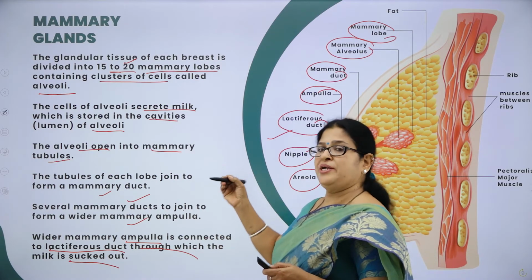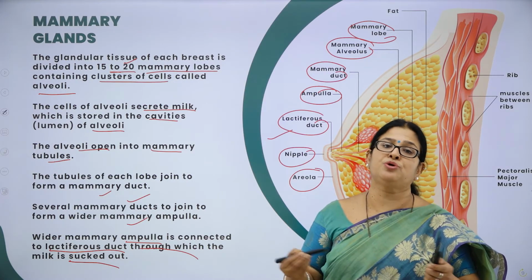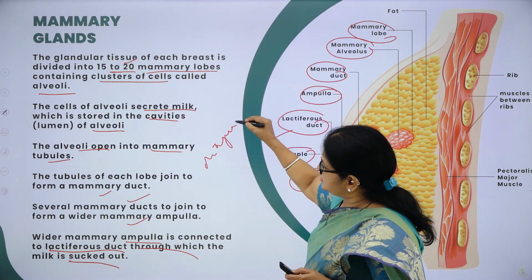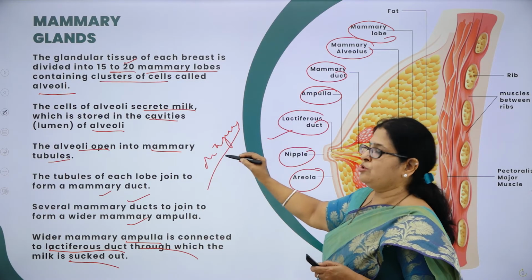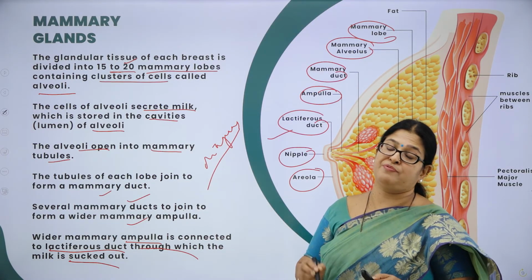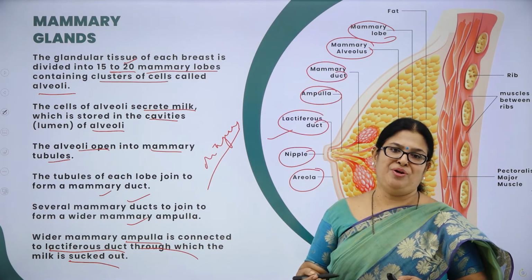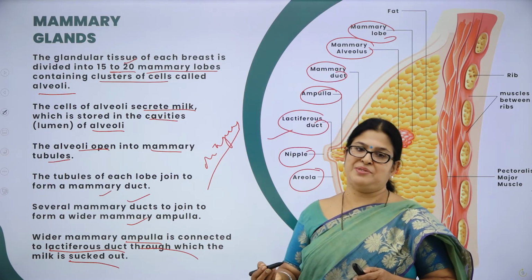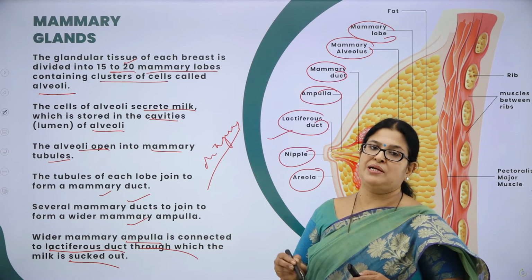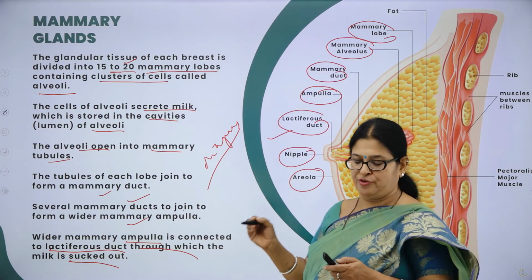I hope you remember I told you in my first session that there are certain strategies you need to implement to score good marks. One such strategy is diagrams. The better you draw the diagrams, the more marks you will get, right? And you have to draw labeled diagrams, very, very important. If you draw the diagrams but fail to label them, you will not get marks. Unlabeled diagrams carry 0 marks. So make sure that after drawing, you write the labelings and bring them more or less to one side so that your diagram looks beautiful, right?